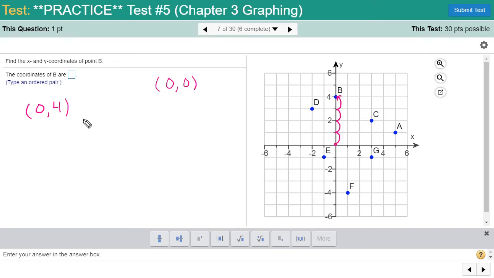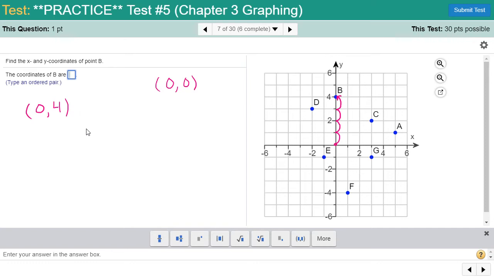And so there we have it. We have the ordered pair for point B is 0, 4. So that's what we have to type in as our answer. And just be careful here because the computer is asking you to type an ordered pair, which means you need